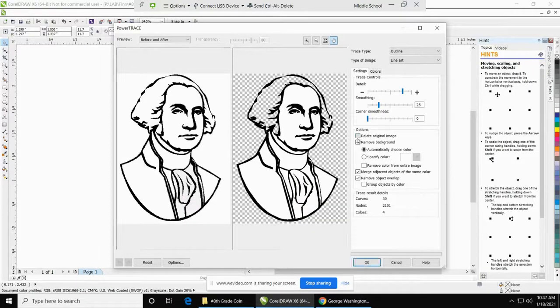First of all, you want to make sure you delete the original image, and we want to remove background. Now, sometimes this will work where it'll take all of the background. And in some cases, there's a little box here that says remove color from entire image. And that worked really well with that particular one. But if it doesn't, let me show you how to pick the different parts of the image that you want